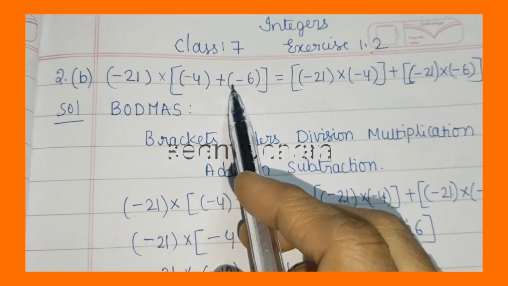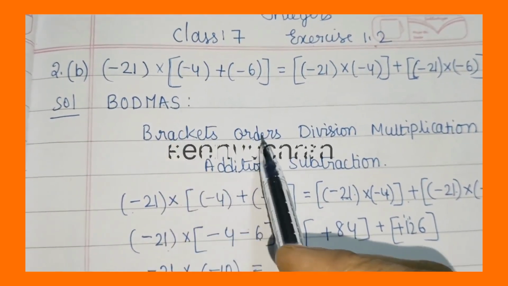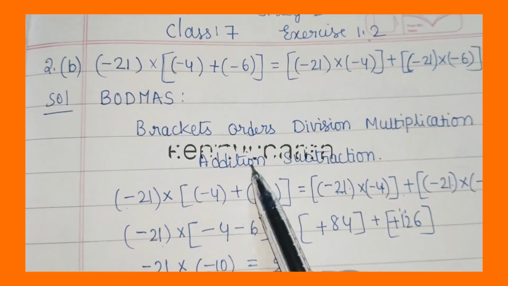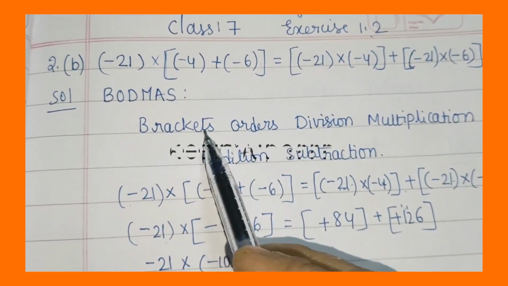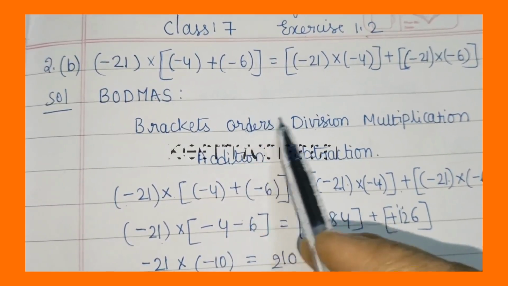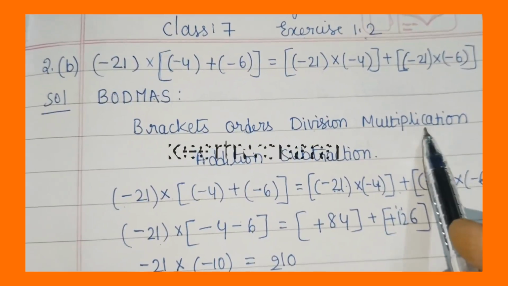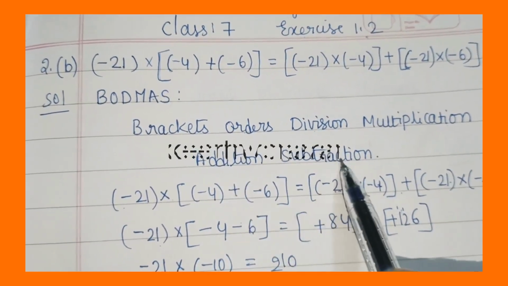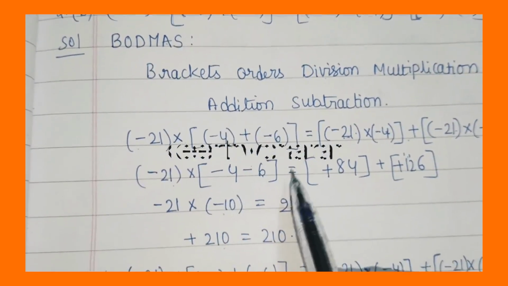So this sum we are going to solve through BODMAS. BODMAS means brackets, orders, division, multiplication, addition and subtraction. By this you can clearly observe that brackets are opened first, next order means any squares or anything will be there, we have to do that, next division, multiplication, addition, subtraction, from left to right we have to do. Let us see this sum.